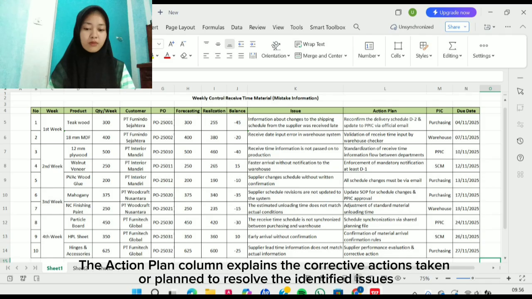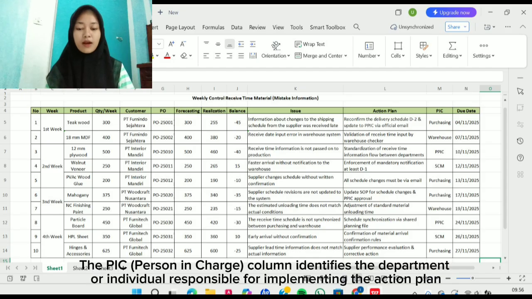The action plan column explains the corrective action taken or planned to resolve the identified issue. The PIC, person in charge, column identifies the department or individual responsible for implementing the action plan.